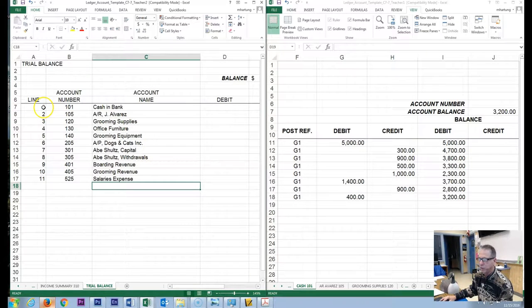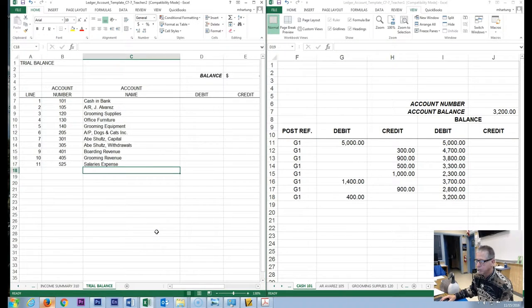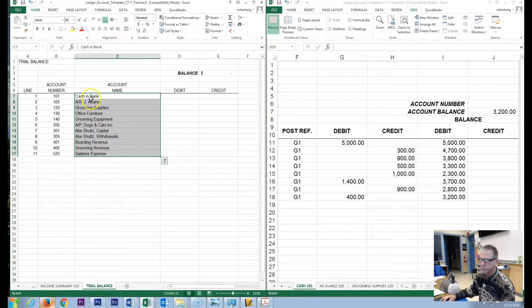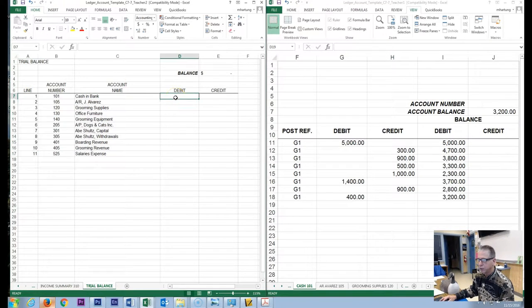So once you have those completed, then we can go ahead and complete the trial balance section for the balances of each one of these accounts. So if you need to, pause the video and get this all completed right here, and then we'll move on